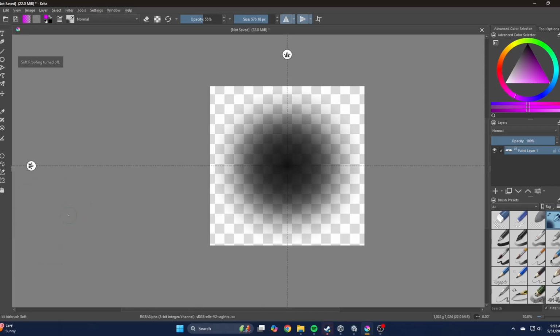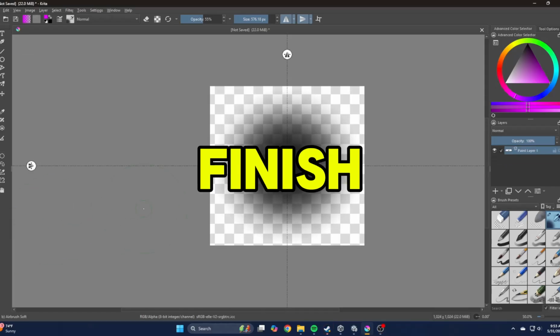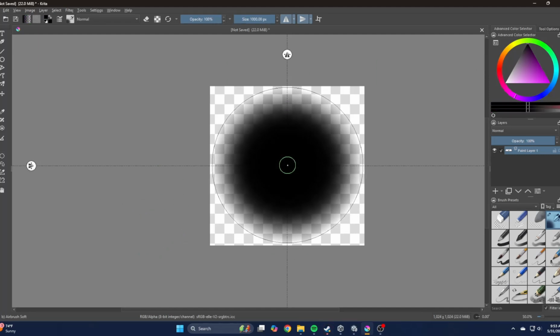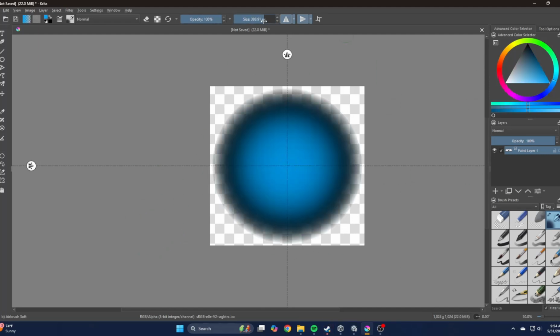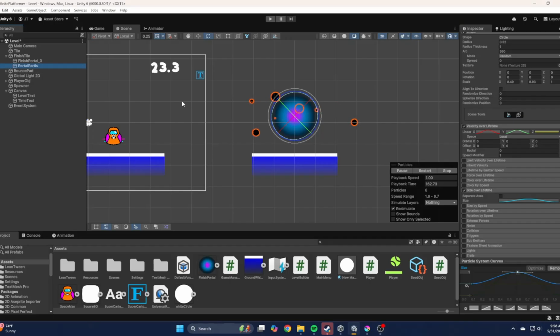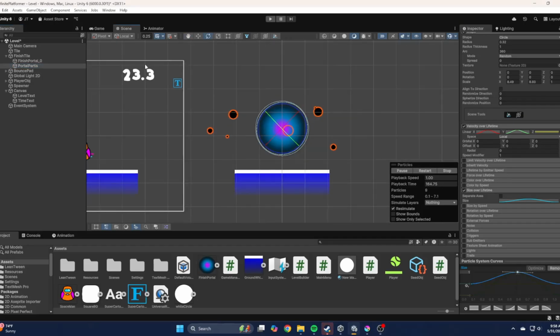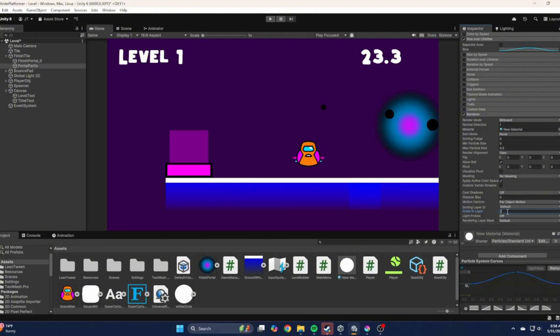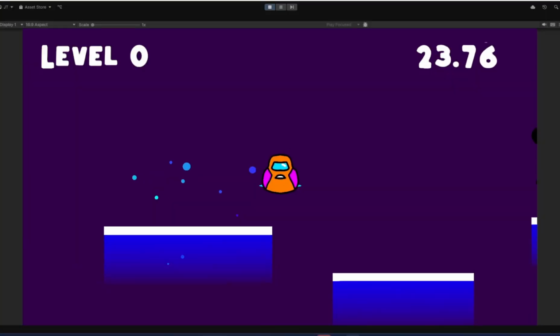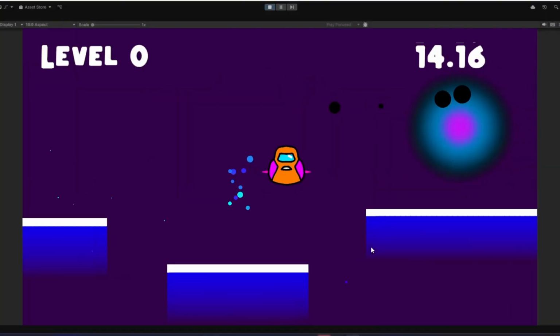Next, we needed to tie the whole game together by adding a finish. I created this black hole looking sprite, and I think it'll be a good finish line because it looks like you're getting pulled into the next void. Then in Unity, I was playing around with a particle system, and I created this orbiting effect, and I think it looks amazing. So now when you run into it, the game will end,